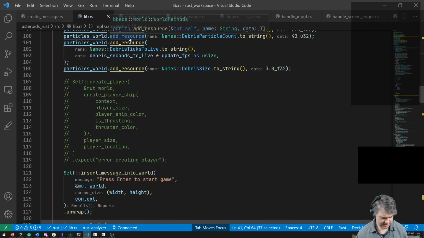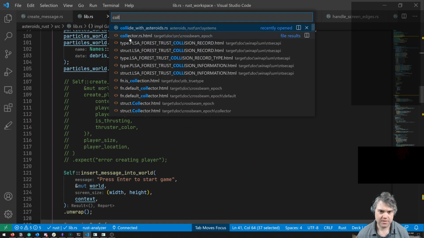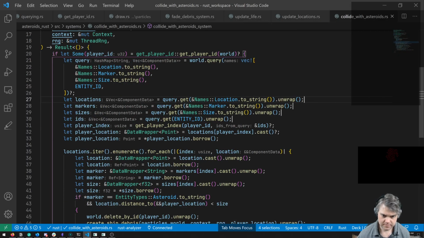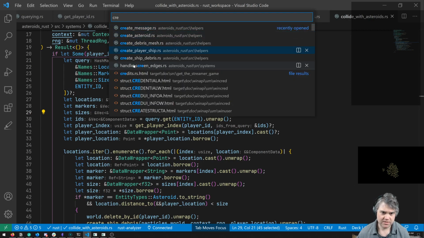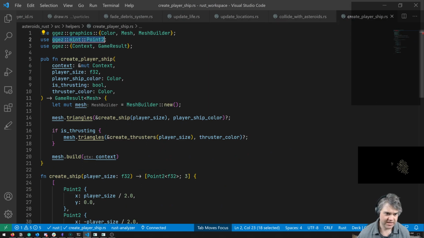When we handle collisions, oh, because there's a size thing. So we don't really care about that here. That's why. So if we do a create player ship, we need the player size. What if I don't have the player size here?